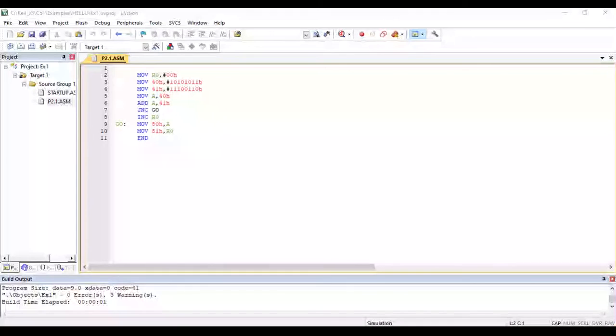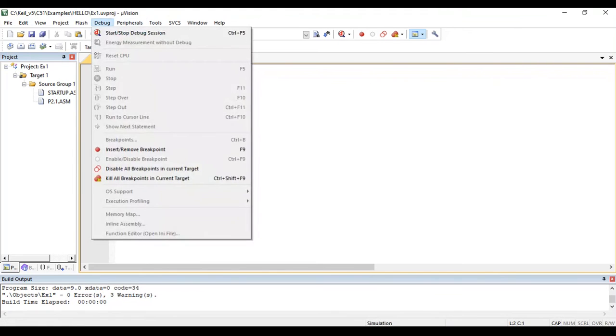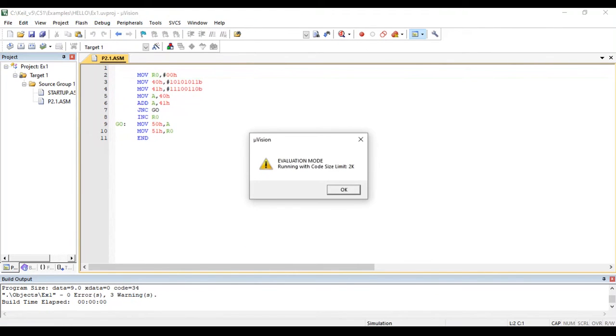Let us see the execution of the programs. The first program is to add two 8-bit numbers. We have the first number AB stored in 40H location and E6 stored in 41H location. The program is typed and saved in .asm extension and it is added to the project window. Then we have to build the target, and then go to debug, start debug session,